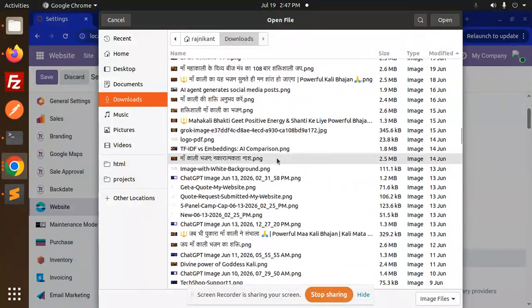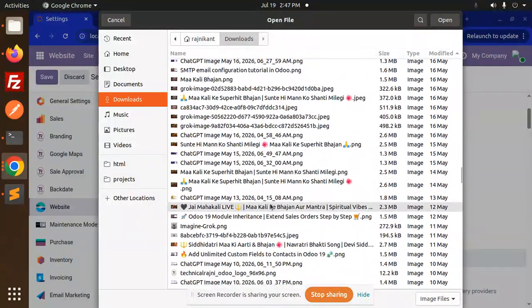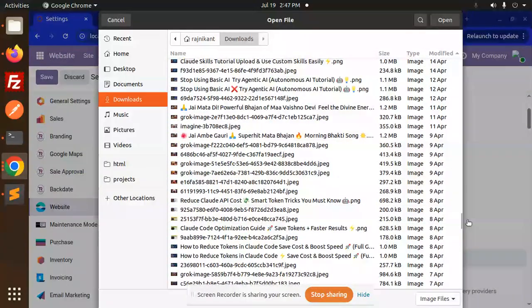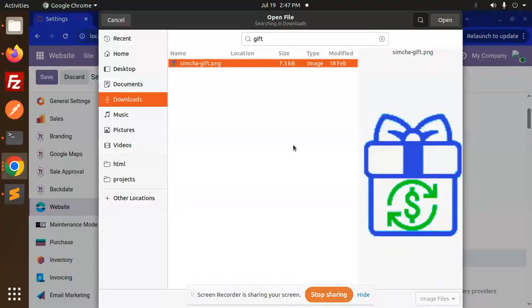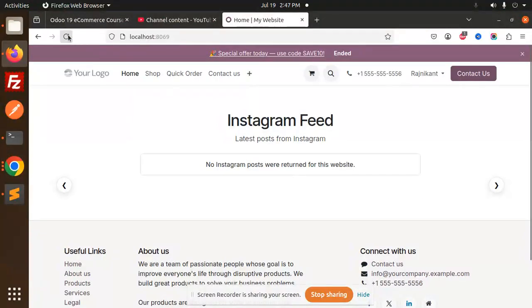Let me just check where it is. It should be here. Let's search gift. Yeah, gift, this one, this icon I'm gonna use. Okay, my favicon. Now I'm gonna save this, and if I go and just check here, you can see